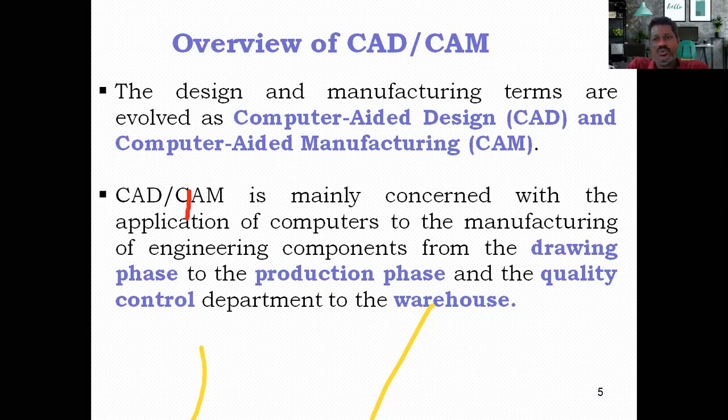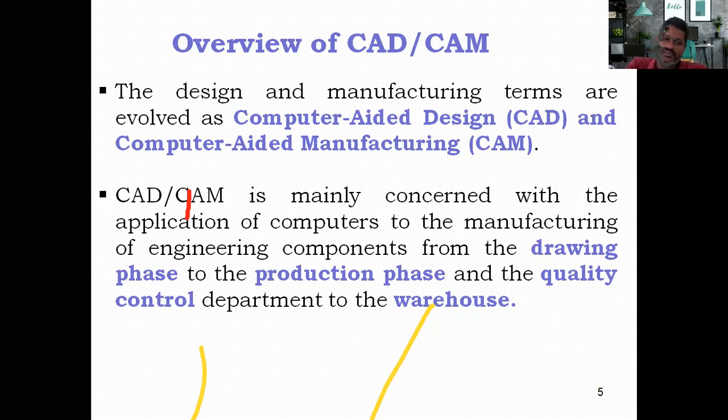If you write a code in the computer and integrate that computer with the CNC machine, we can manufacture the component according to the code we wrote in the computer. According to that code, the tool is going to move and produce the components, because the machine is going to act according to the instructions of the program. So in that way also, the manufacturing phase is assisted with the computer.